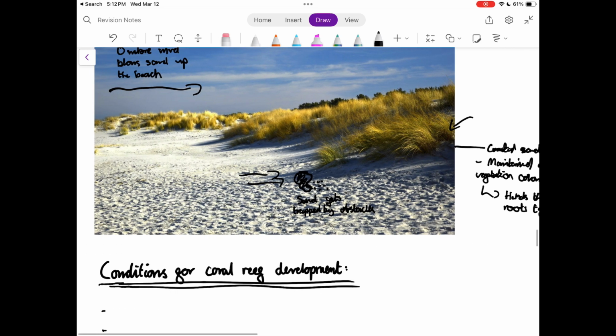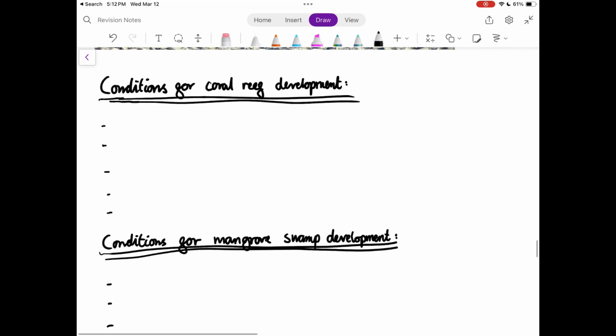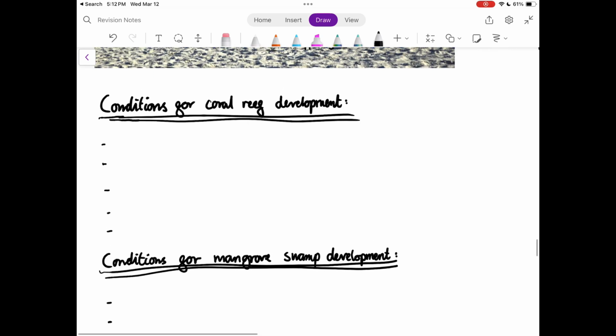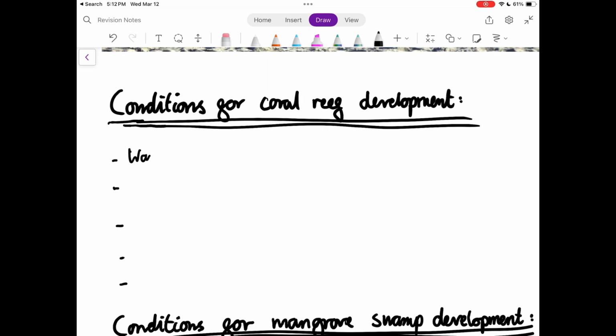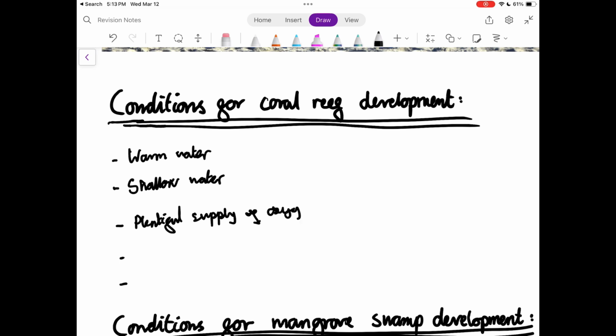Okay, so next we're going to be looking at the conditions required for the development of coral reefs. So the first one is warm water. The next one is shallow water because it needs sunlight for photosynthesis. And next it needs a plentiful supply of oxygen in the water,